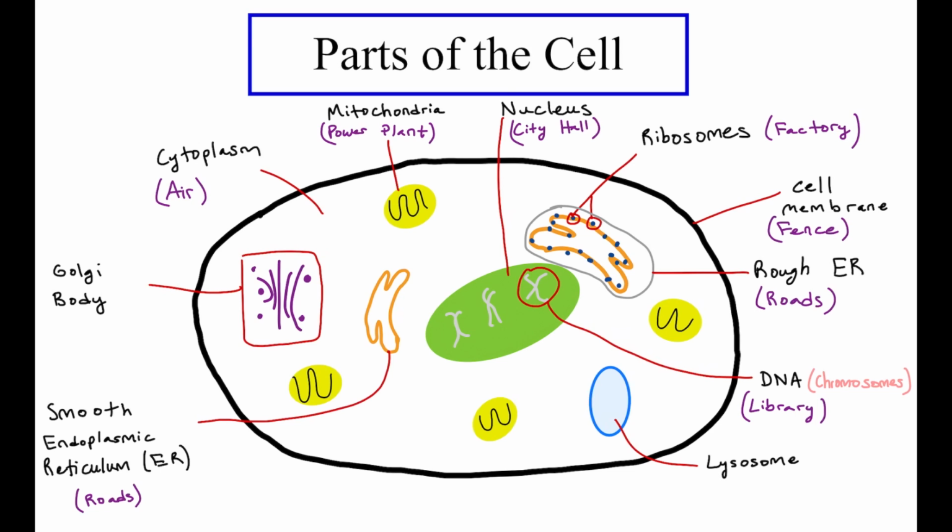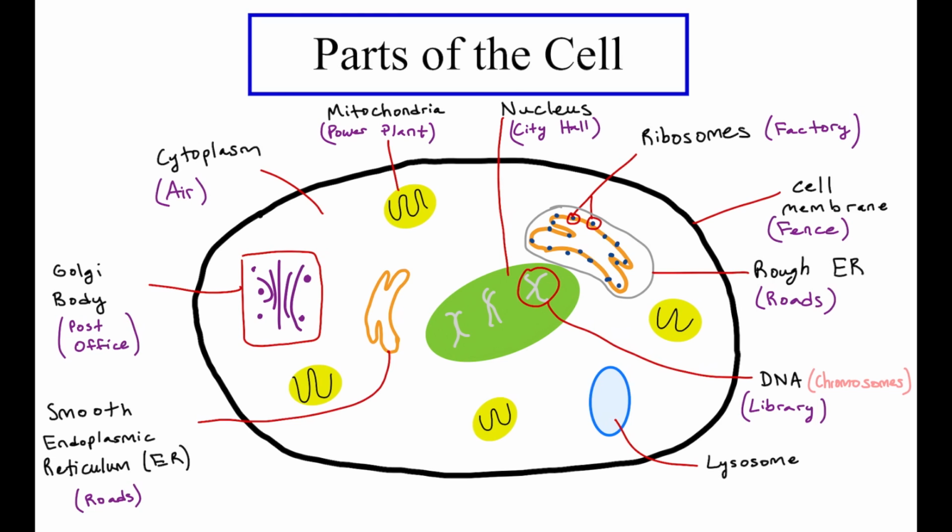So now we can talk about the Golgi body, and the Golgi body is a lot like the post office or the mailman of the cell. When the ribosomes and the rough ER and the smooth ER send their packages to the Golgi body, it can change them, and it can also put them in bigger packages and then send them to where they need to go based on where the nucleus wants it to go. So in that way, the Golgi body is a lot like the mailman or the post office. It delivers the packages across the cell.